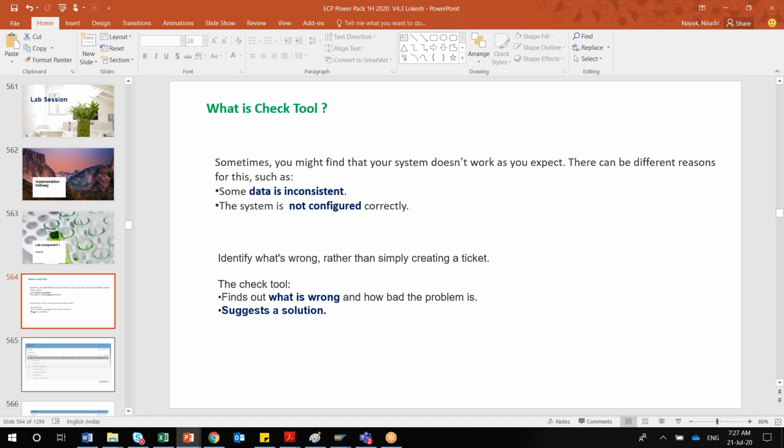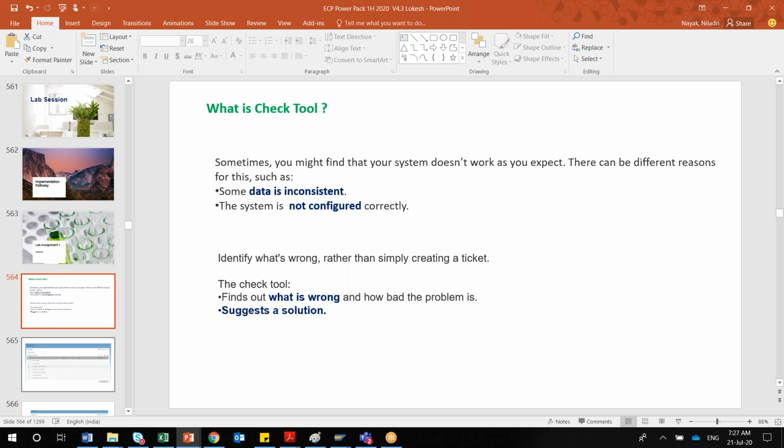It is not only for EC payroll, but for all other modules where they have already given options. So you can check whether there is any data inconsistency, or whether any data or system related configuration is missing. Not only that, whenever you run this check tool, it will recommend what went wrong and also recommend the solutions.